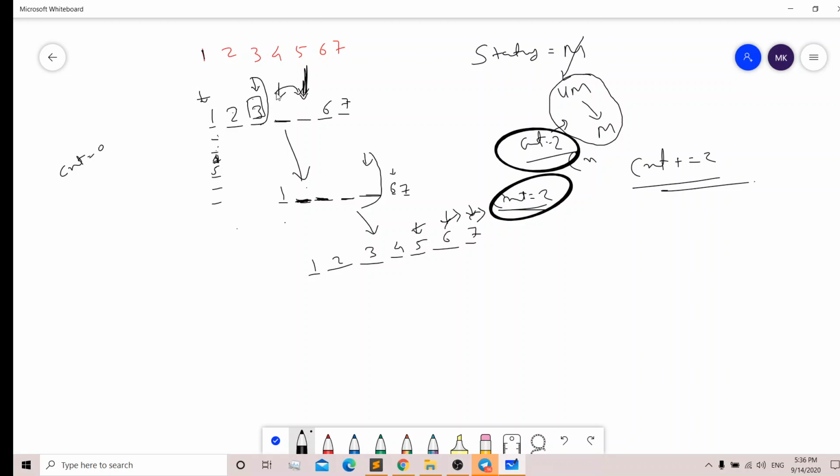If it's unmatched, then we simply increment our pointer. But if it is matched, then we increase our count by 2.